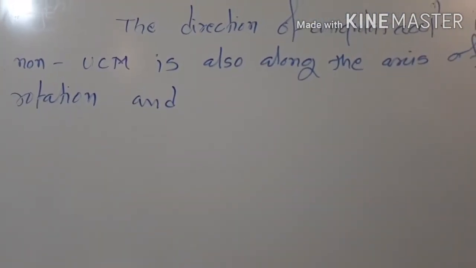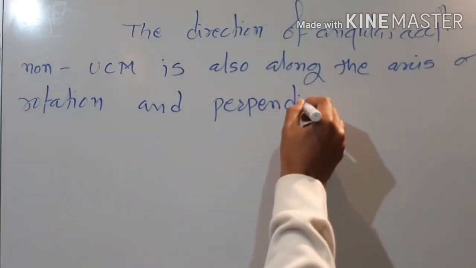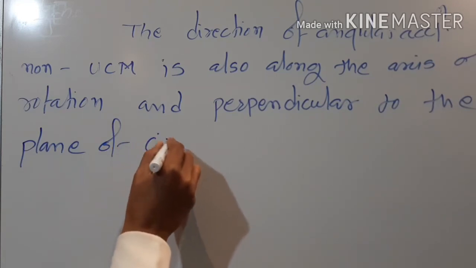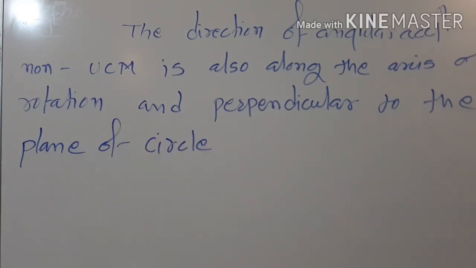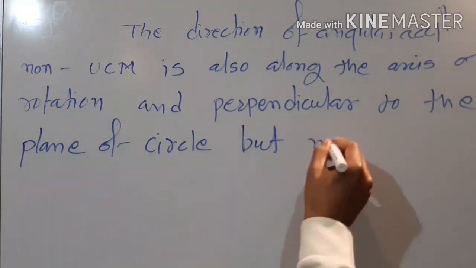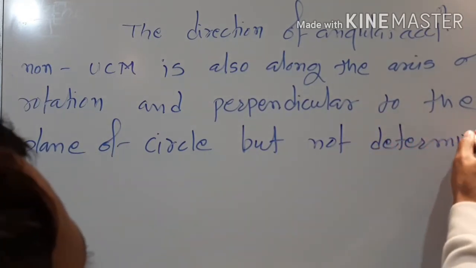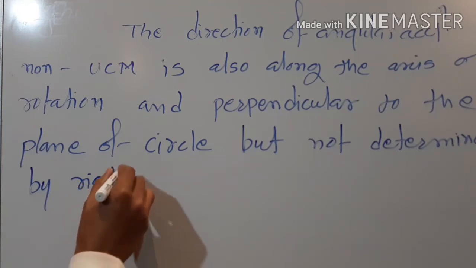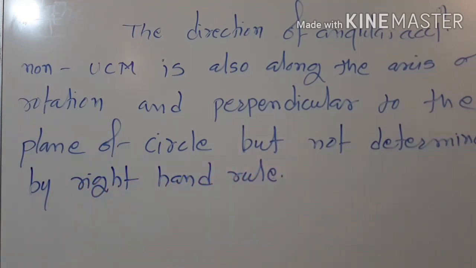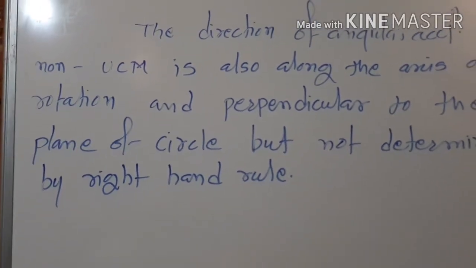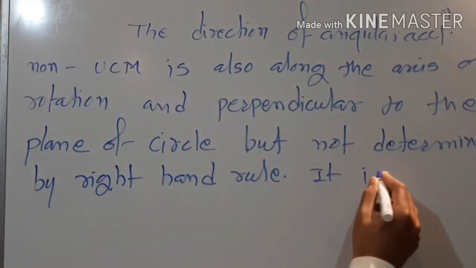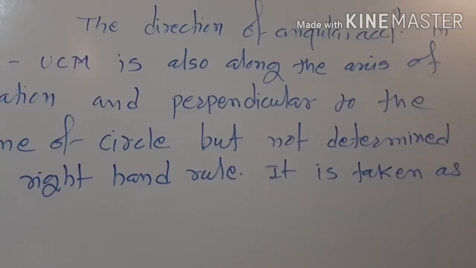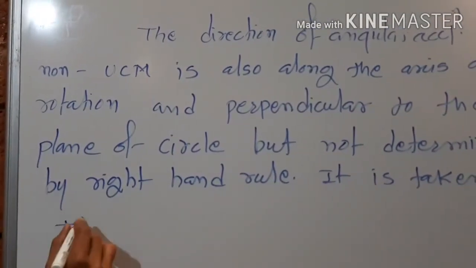And perpendicular to the plane of the circle, but not determined by the right hand rule. It is taken as positive